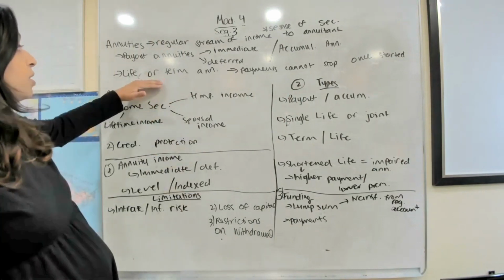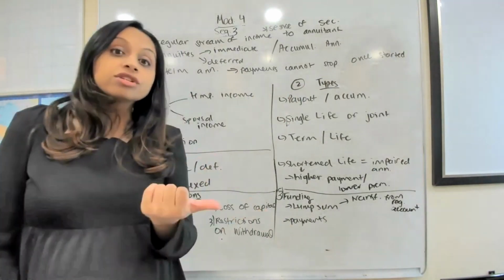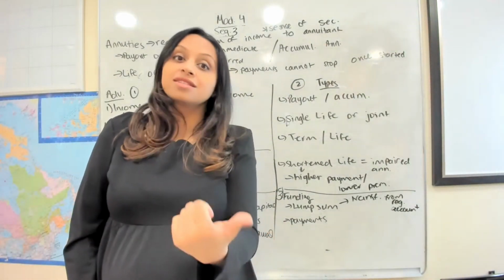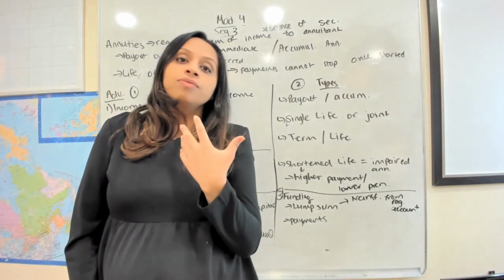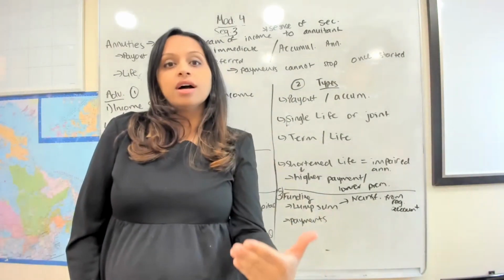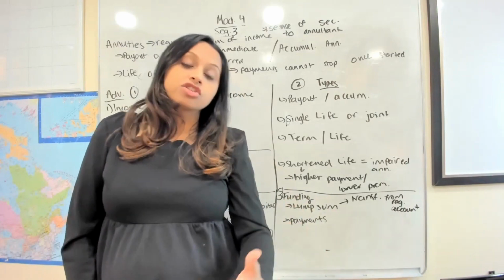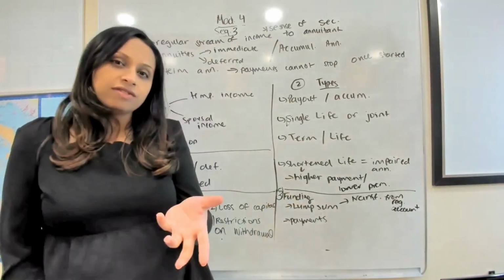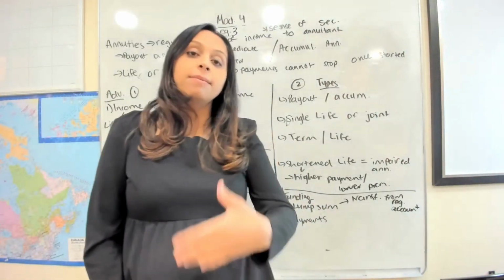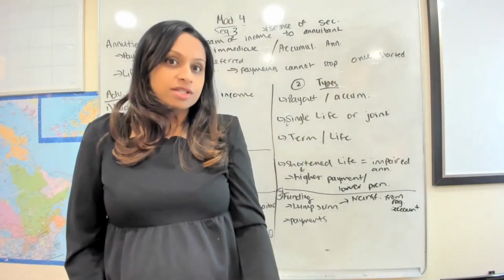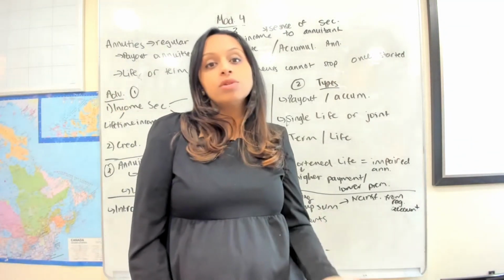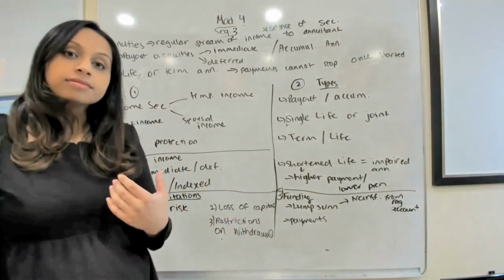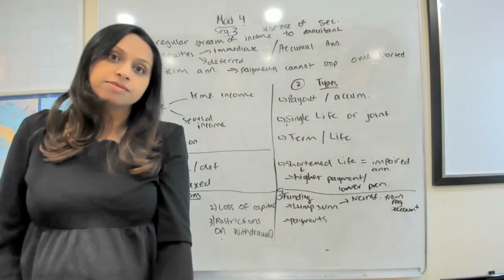And of course, how much you get depends on the interest rate that you get when you are purchasing your annuity, and that interest rate is locked in. Also, a lot of other factors such as age, and if it's life or if it's term. If somebody is older, typically they would get a higher payment. It's like the opposite of life insurance, right? Because they want to pay that money back to you while the person is alive. So if somebody's purchasing the annuity when they're older, chances are they would get a higher payment versus someone who is younger, because they want to get that money back before the person passes away.